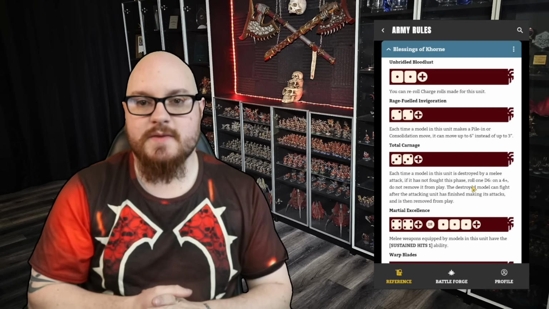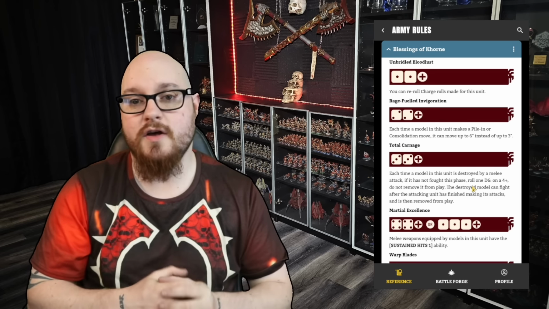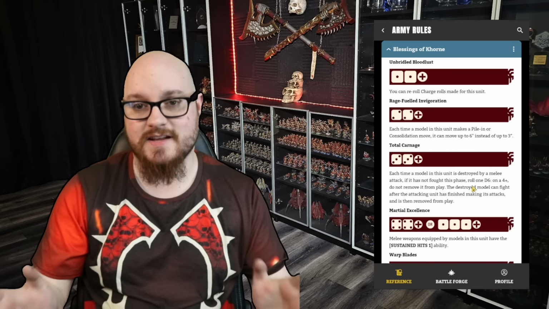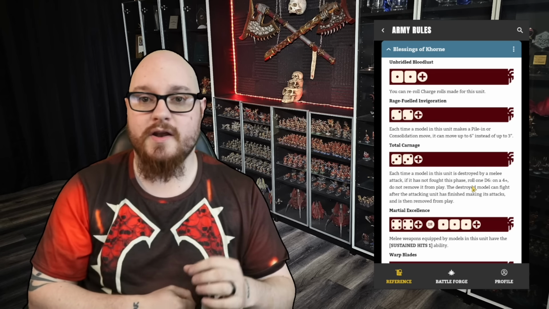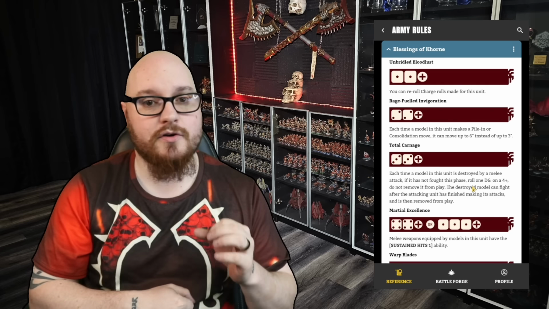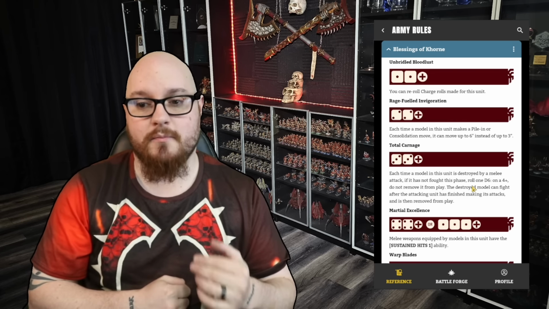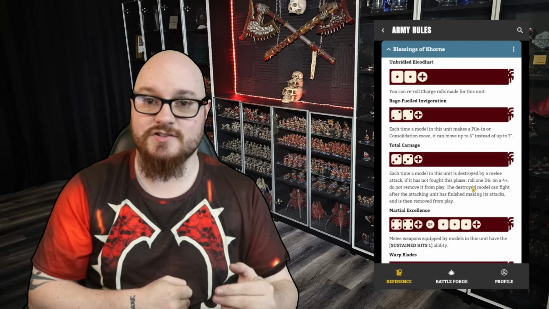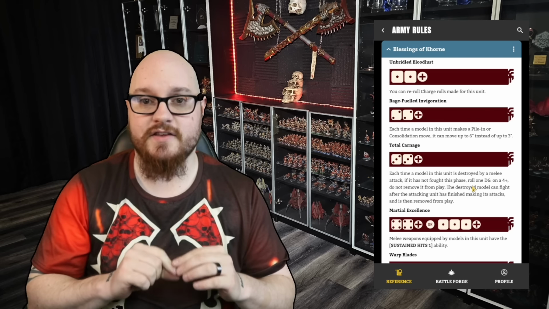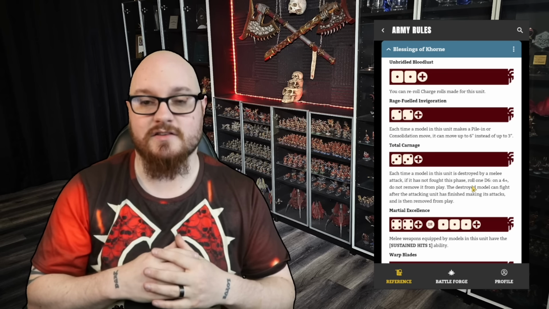Alright, the last thing to mention before we put models on the table and run through some examples is the Blessings of Khorne and which ones you want to select at the start of the battle round to make sure that you're getting the most out of your Helbrute. The first one, and this is in my opinion absolutely critical, is Rage Fueled Invigoration, which is each time a model makes a pile-in move or a consolidate move, it can move up to 6 inches instead of 3. This is the main thing that unlocks the Helbrute,